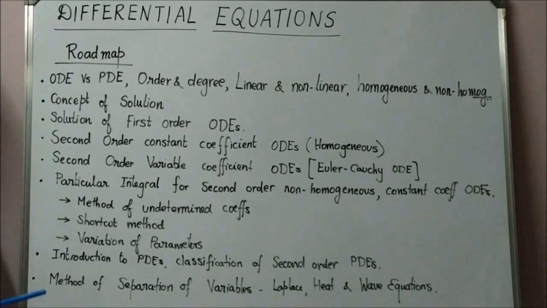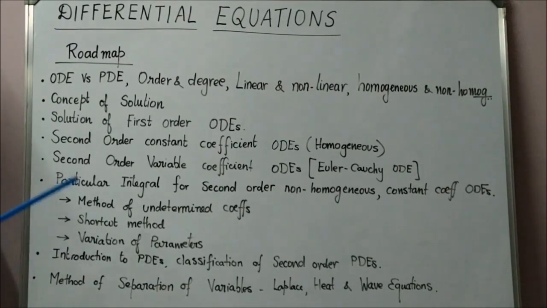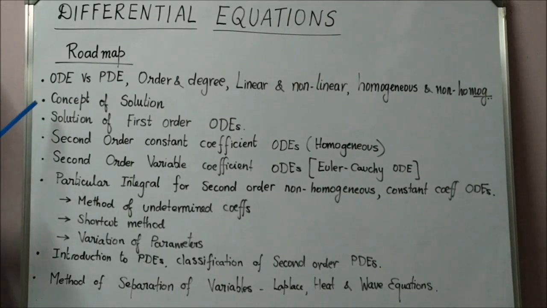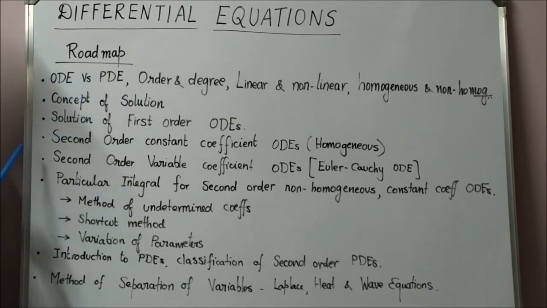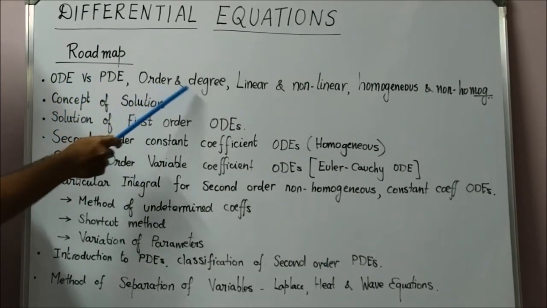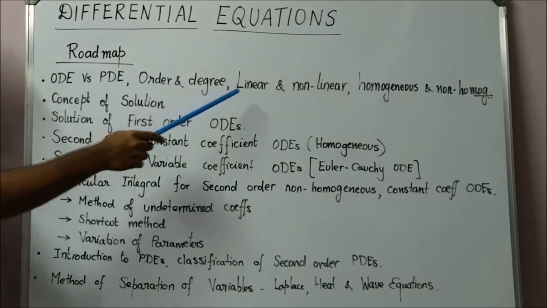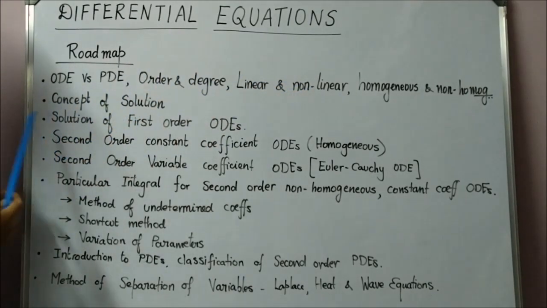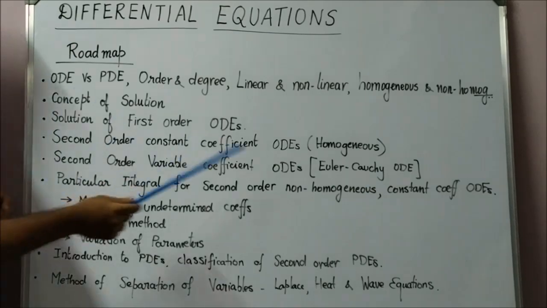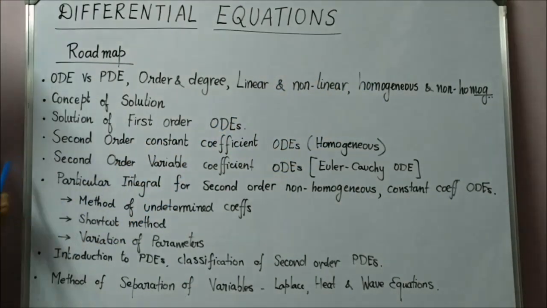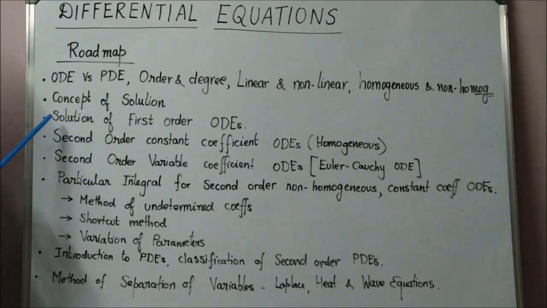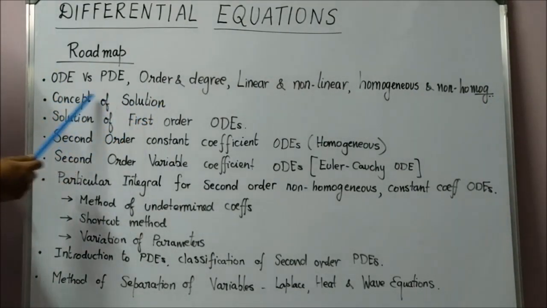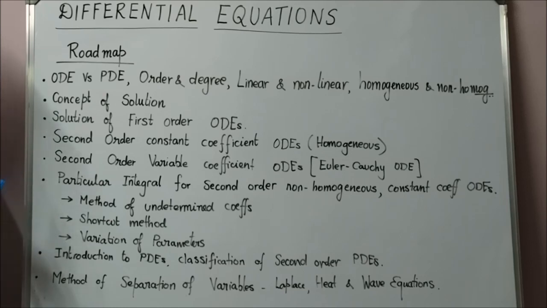So here goes the roadmap for this chapter. At first we would look at some basic ideas in differential equations, like what is an ordinary differential equation, how does it differ from a partial differential equation, what is meant by order, what is degree, what is a linear differential equation, what is a nonlinear differential equation, what is a linear homogeneous equation, and what is a linear non-homogeneous equation. Next, we would learn what is the concept of a solution by taking a first order ODE as an